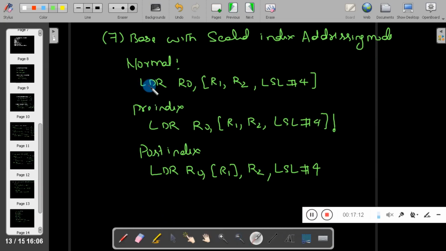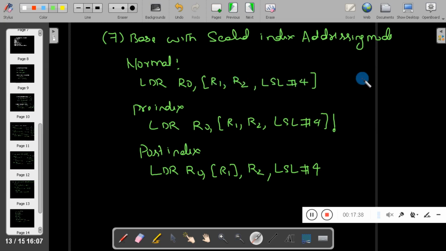First let me read the instruction LDR R0, [R1, R2, LSL #4]. Now here R0 will get the content from the address formed by R1 plus R2, but before adding R2 to R1, R2 will be left shifted by 4.